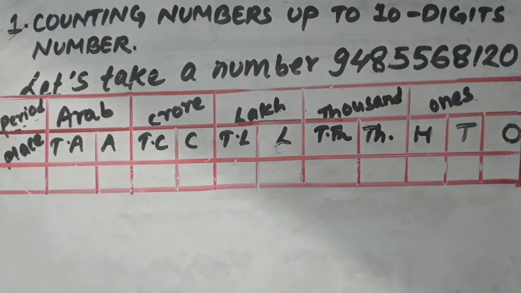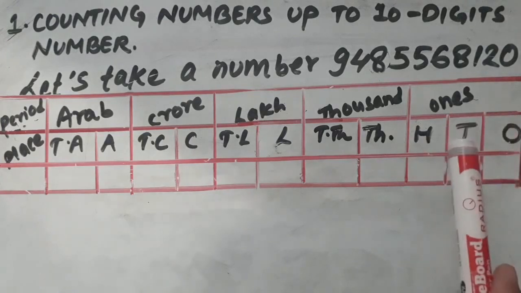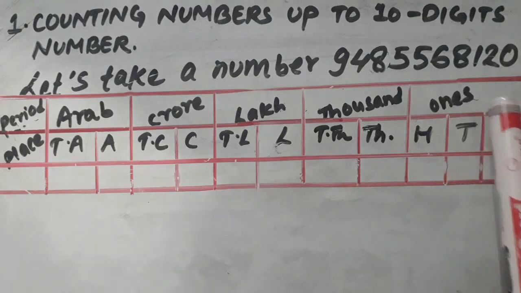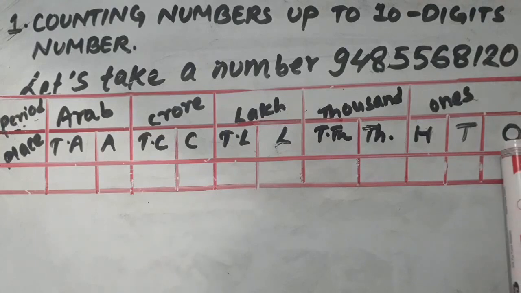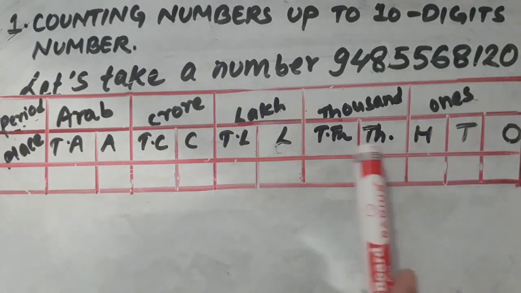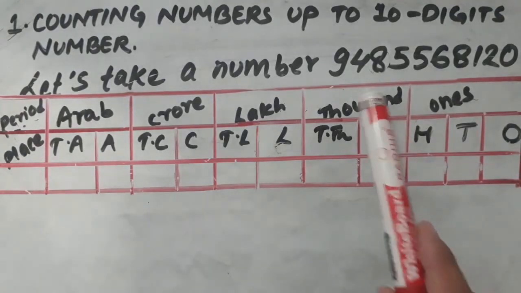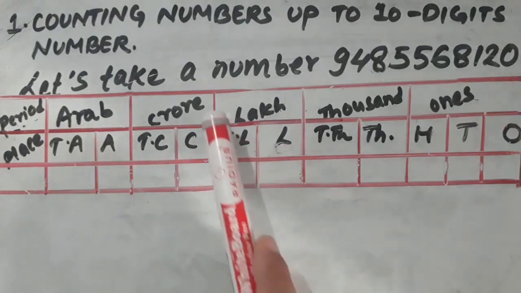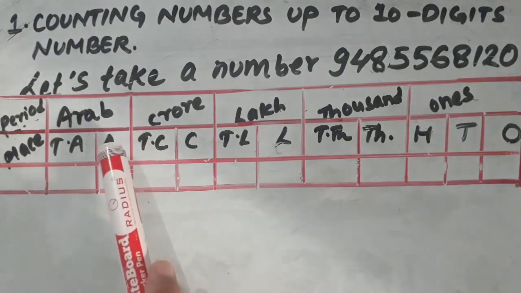Now students, remember one thing, that period of ones consists three places, that is ones, tens, hundred. ones ले मात्र तीनवटा प्लेसेस राख्छ. त्यो के हुन् त ones, tens, hundred हुन् भने बाँकी सबैले दुई दुईवटा प्लेसेसहरू राख्ने गर्छन्. थाउजन्डले 10,000 र 1000, लाखले लाख र 10 लाख, करोडको पिरियडले करोड र 10 करोड, अरबको पिरियडले अरब र 10 अरब.